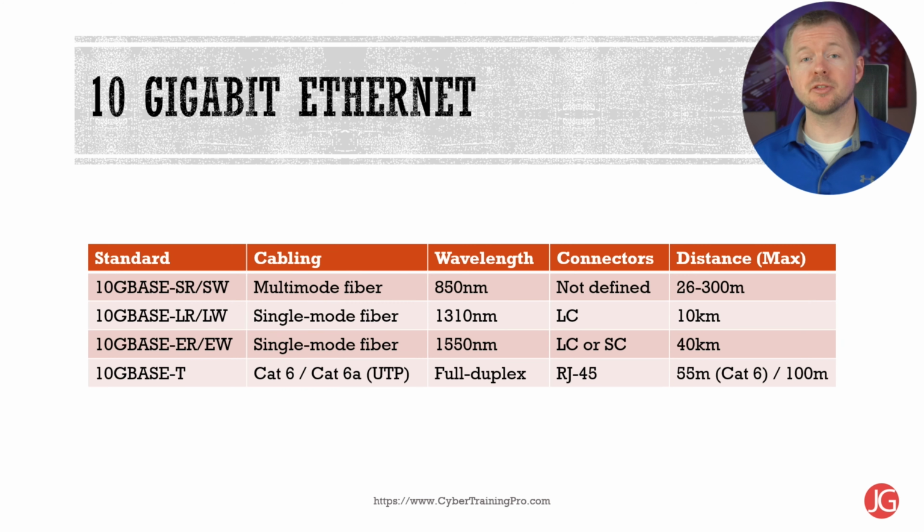10 gigabit Ethernet connections are the next step past gigabit Ethernet. That's right, 10 gigabits per second. There are several different types, and the biggest things that you'll notice with this type are that the 10 gig base S are the only multi-mode types. The wavelengths vary. The W in the standard indicates SONET technology instead of LAN. The maximum signal lengths do vary somewhat drastically, and there's only one form of copper-based type, and that's the 10 gig base T.